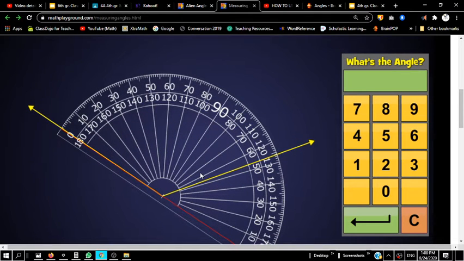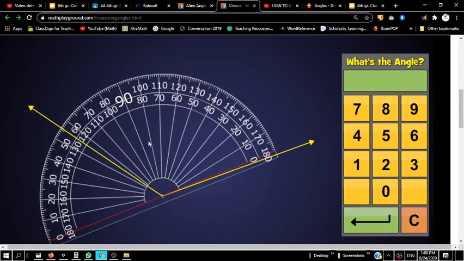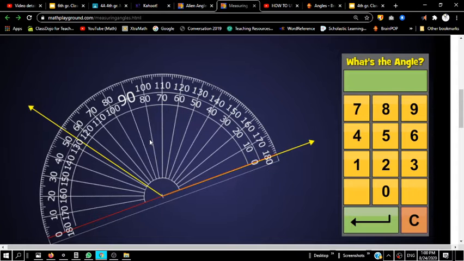I can either move it right here with my 0 on the yellow line on the left, or I can move my 0 right here, right? My 0 on my protractor lines up with the ray on the right, okay? If I do this right here, I can count from the 0 mark: 10, 20, 30, 40, 50, 60, 70, 80, 90, 100, 110, 120,